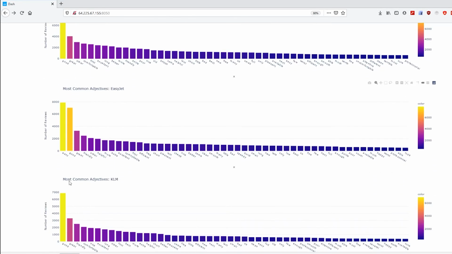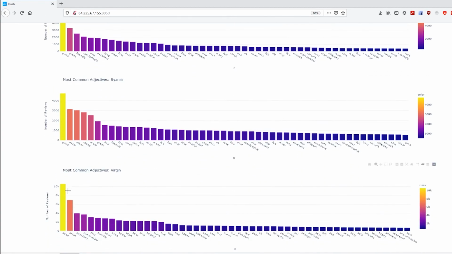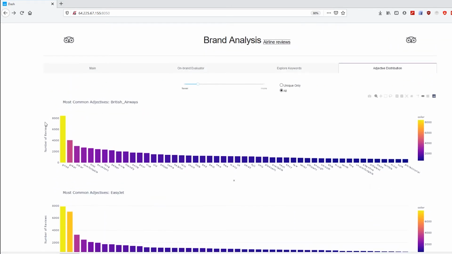Good, great, good, great. So there's not a lot of interesting information over here. The more unique information is in this long tail here, and you can increase the number of reviews,